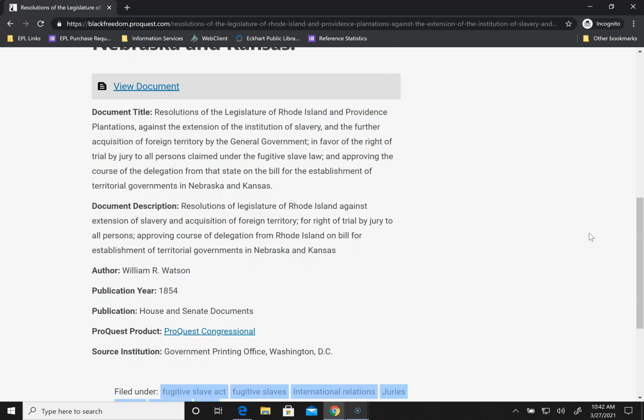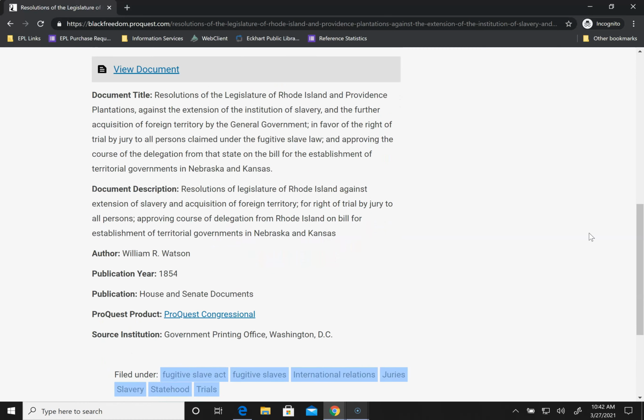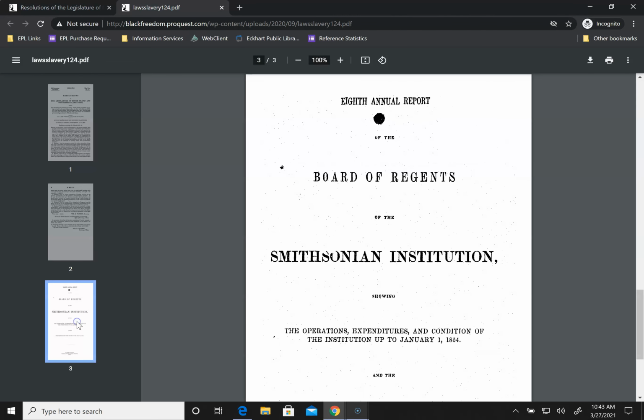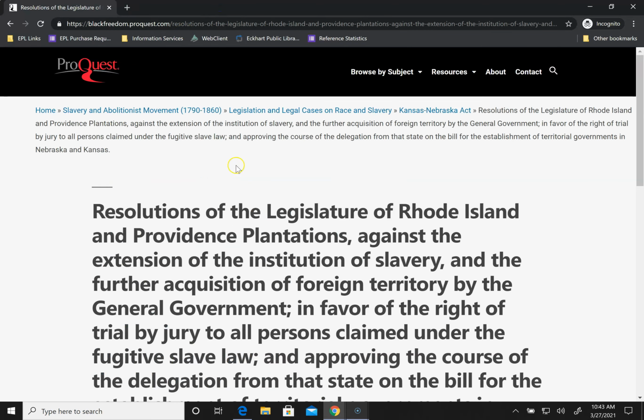And it'll give you a general overview of the document, and you can view it. So let's go back.